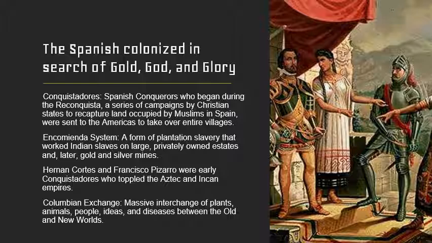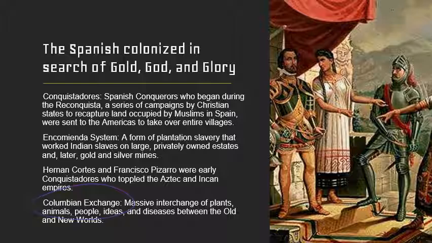Both of these guys, though, are successful not just because of Spanish might, but also because of something called the Columbian Exchange. Now, the Columbian Exchange is hugely, hugely important to American history and to what happens to Native Americans. This exchange is a massive interchange of plants, animals, people, ideas, and diseases between the old and new worlds. And it works both ways. The Europeans are going to get more plants and animals and things like that. And so do natives. But the big thing that natives end up getting, in addition to ideas like new religions,